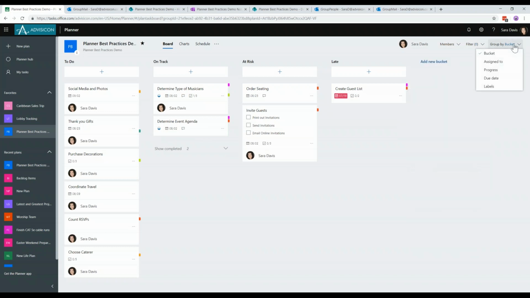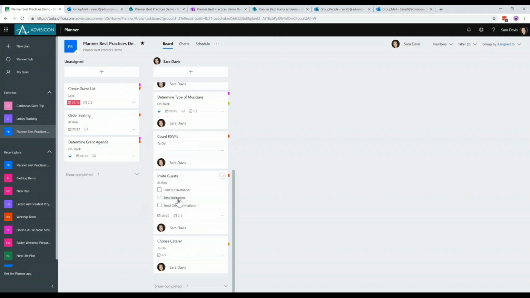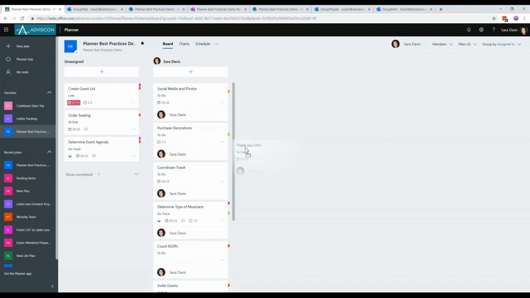Lastly, you can also group by. So the group by, you have the option to group by bucket. You can also group by assigned to. So this helps you have some visibility. So say it was Sarah Davis and my coworker Amanda, and Amanda owned only 5 tasks, but Sarah has like 10. So instead, you could move over thank you gifts to Amanda over here if she were over here,